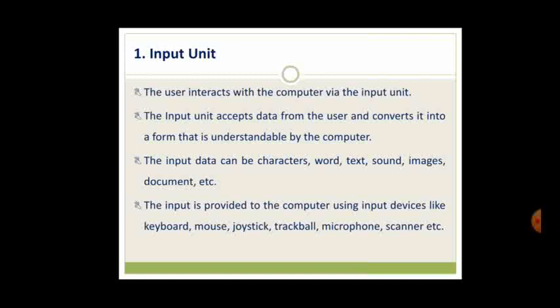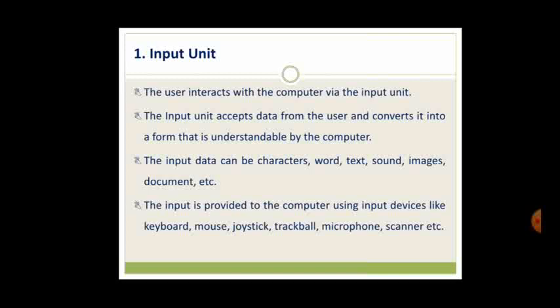Again, as I told you, whether it is text data, audio data, video data, or any kind of data, the input unit first converts that type to binary data. In later chapters, we'll see how the input unit converts input to computer-understandable language. As of now, it is enough.